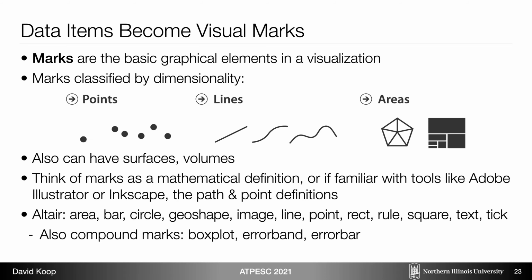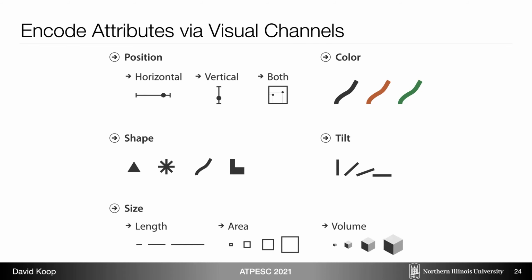Altair has those same sort of primitives. And so the idea is, after you pick one of these marks, you can add different channels on top of it. So use color, use shape, use the position of the points or the lines, the area, the size of a particular mark, and things like that. The idea is that you create a mark for each data item, and then you take different attributes from that data item, like height, width, age, and each one of those can be mapped onto that mark via one of these visual channels, like color, hue, shape, or size.